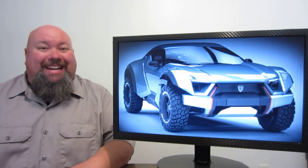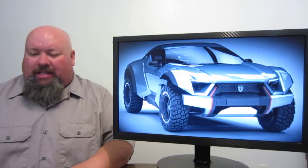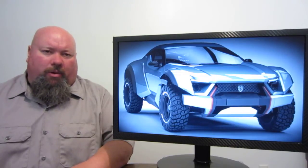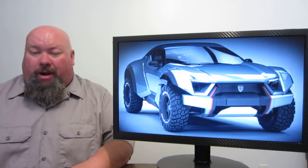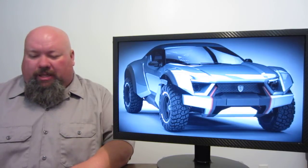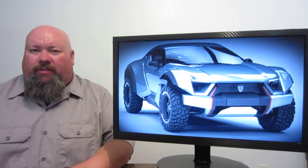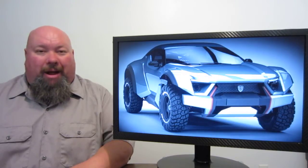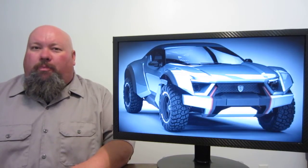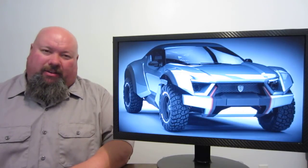This vehicle comes with a Nissan-sourced 3.5-liter normally aspirated V6, making 300 brake horsepower. Zarooq already said that there's a 400 and 500 brake horsepower version in the works as we speak. It's followed up by a 6-speed sequential paddle-shifted automatic gearbox, and it'll do a top speed of 124 miles an hour, which is not that impressive, but when you think about the kind of terrain that this vehicle can do,